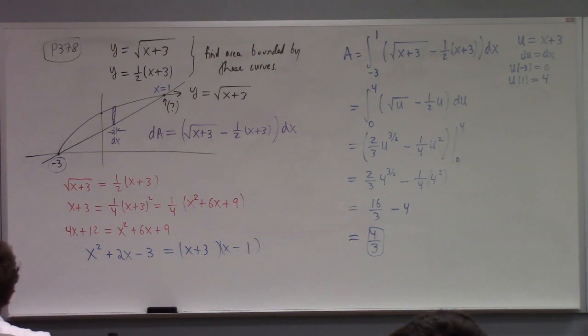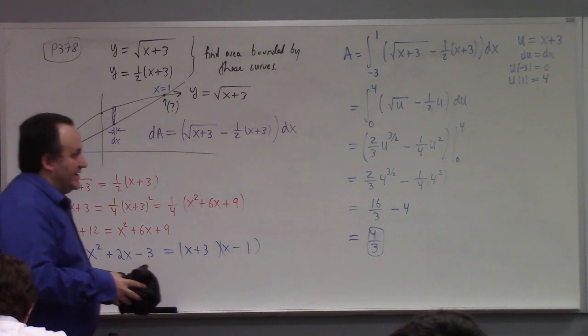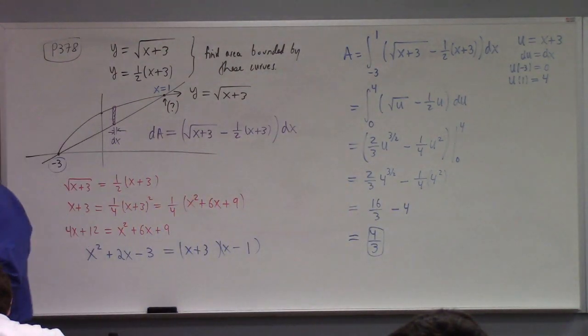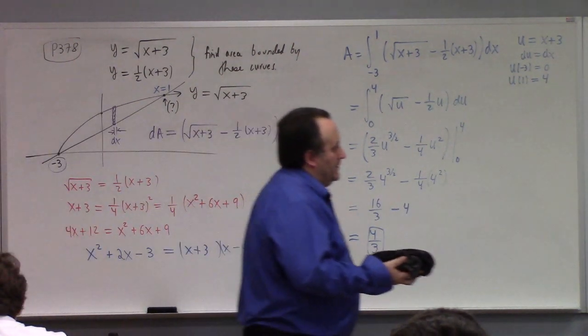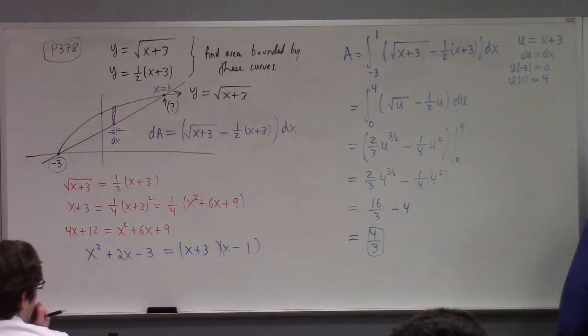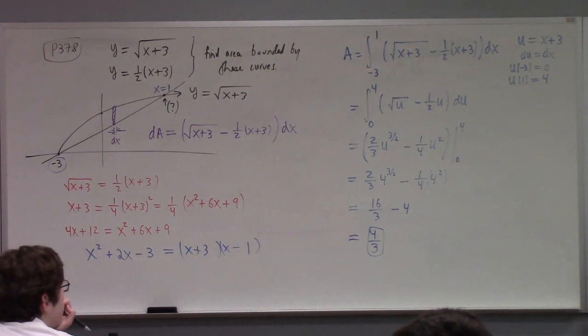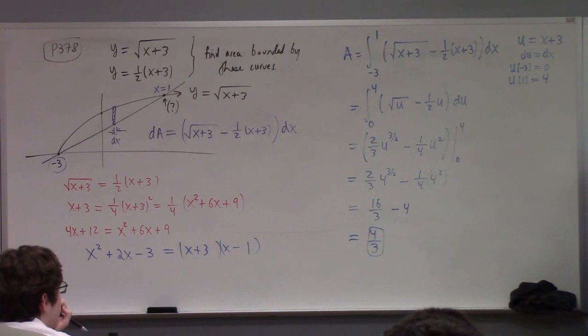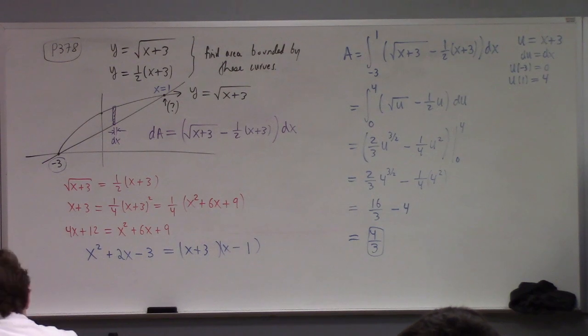Find the signed area between y equals sine 2x and... oh, here, let's work a reverse problem. We haven't done one of these yet. Let's see here. Suppose we have the integral from 0 to 1